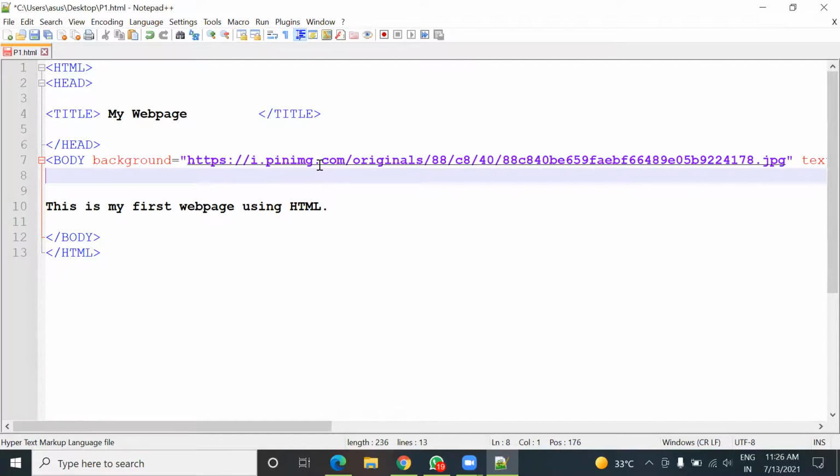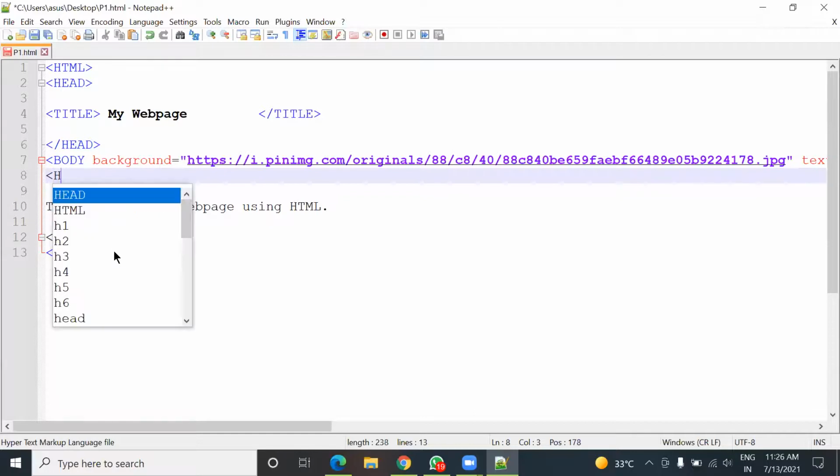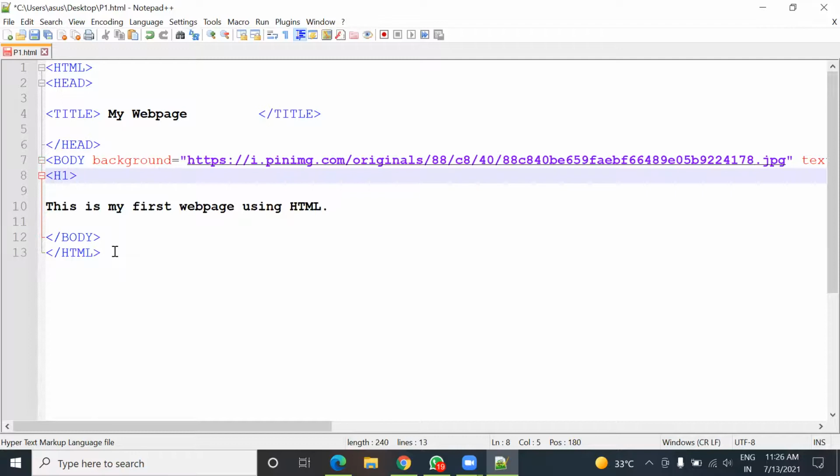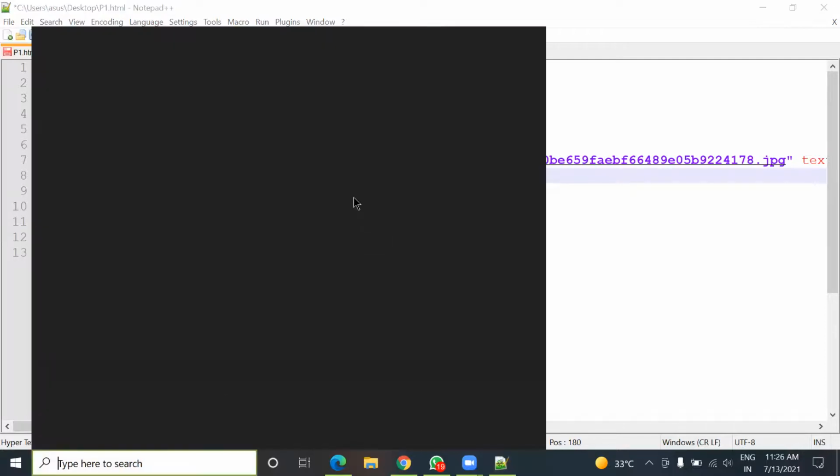Now the next tag is the headline tag. For headlines, 6 tags are given in HTML, and these tags are actually the HN tag.